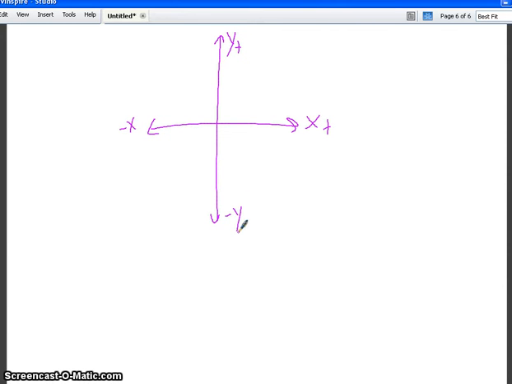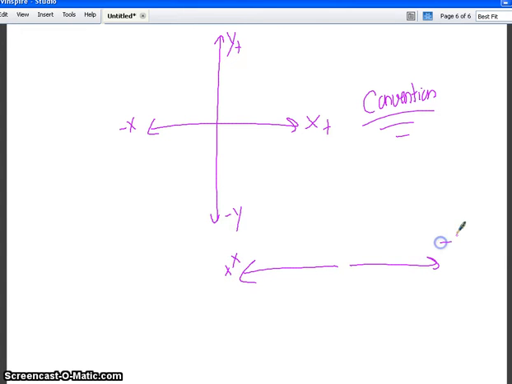But this is just what we call a convention. We set up our axes this way to make everything nice. Everybody knows that positive x is to the right and positive y is up. However, if we have a problem in physics and we decide it works better for me to call that way positive x and this way negative x,